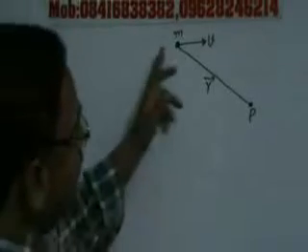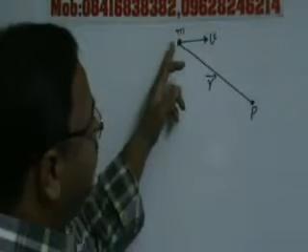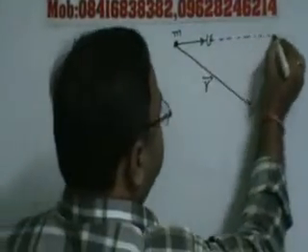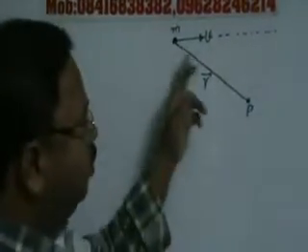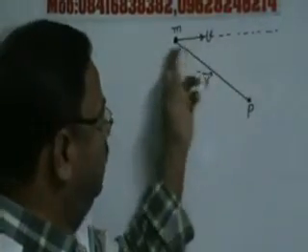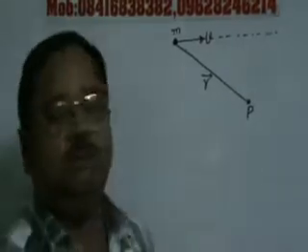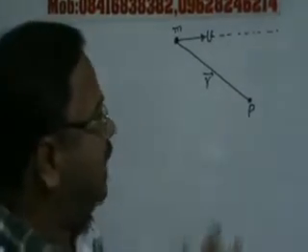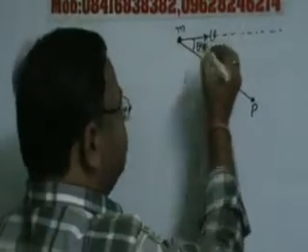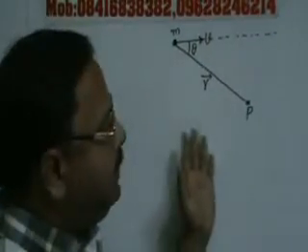Now here a body of mass m is moving with velocity v in this direction. Now this is the line of action of velocity. So we are interested to find the angular momentum of this mass about P. So हम क्या करेंगे? What will be our first approach? If this angle is theta, then what will be angular momentum?